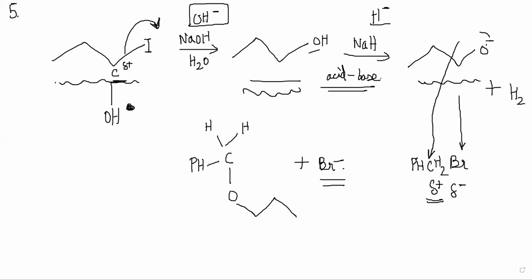OH minus is the nucleophile, and this comes and forms a bond, and this single bond has to break. I minus will come out. It's a good leaving group. I minus will come out, similarly, just like Br minus came out here. The typical electrophile nucleophile reaction. Here in the middle, there is an acid base reaction. Don't call this an electrophile nucleophile reaction, because technically, H minus doesn't act as a nucleophile, it acts as a base, right?